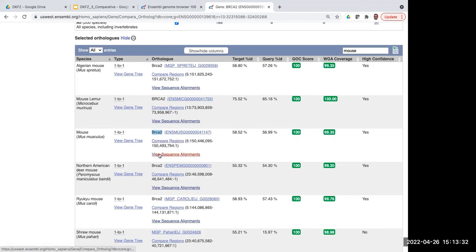What I wanted to point out to you is in this table, you can click on the link called View Sequence Alignments. If you click on that, you'll get a small pop-up window that allows you to either view the protein alignment between the human and the mouse BRCA2 genes, or the cDNA alignment. So if you click, for example, on View cDNA Alignment,